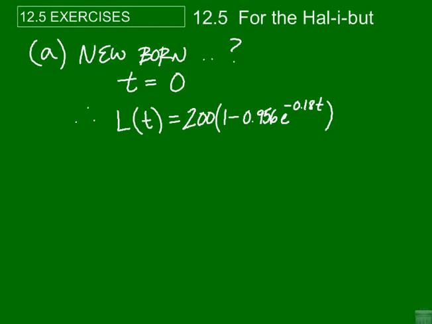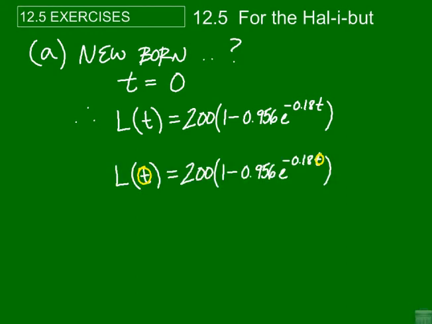We're going to then plug in 0 into this function for the t's, and then we'll go about solving this, knowing that anything raised to the 0 power is going to then create